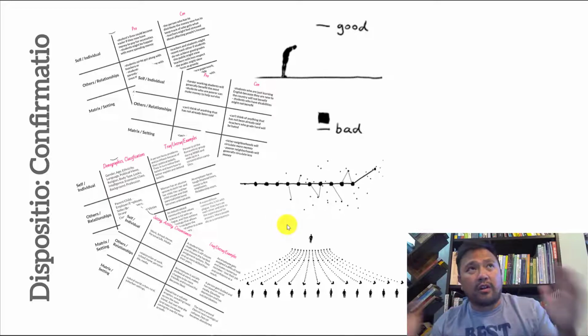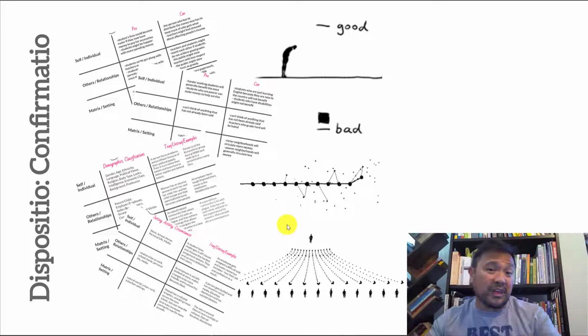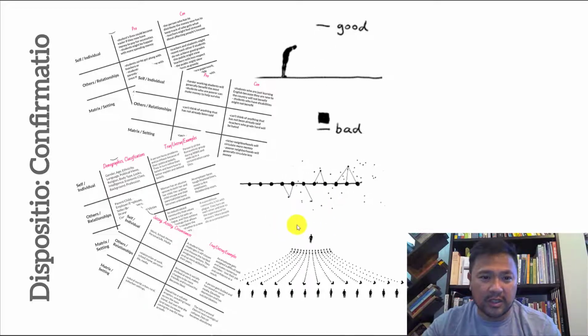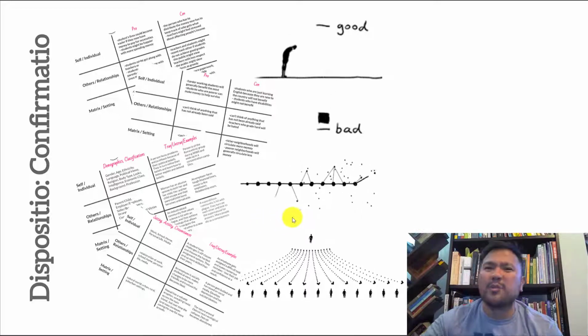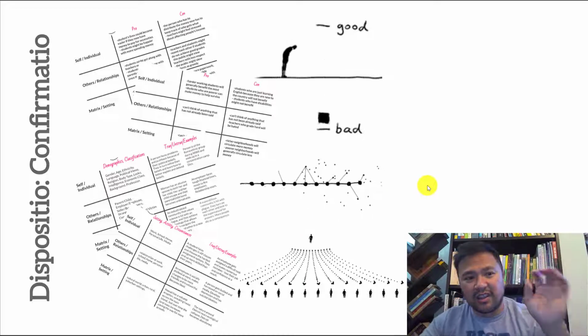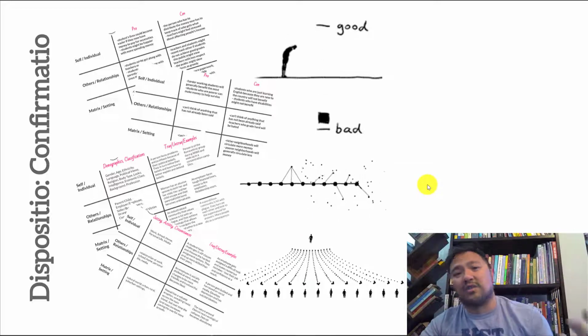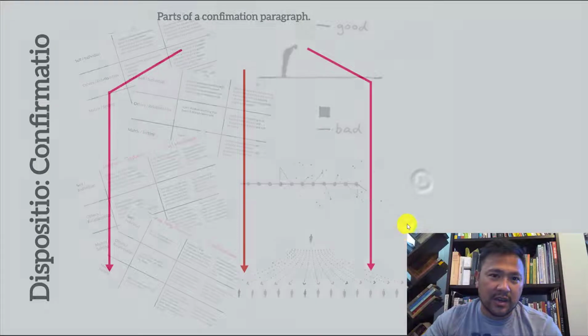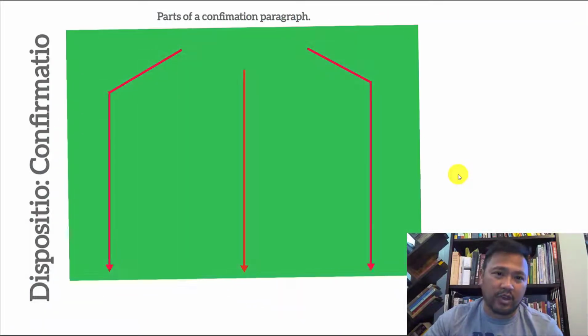And you want to look at all the arguments and examples that you think are most relatable to everyday people, right? Especially the people that are grading you. What's most relatable? What's most compelling to the most people? Now, once you've decided the things you want to talk about, then you're going to have to package those things in those body paragraphs. So what actually goes in those confirmation paragraphs, right?